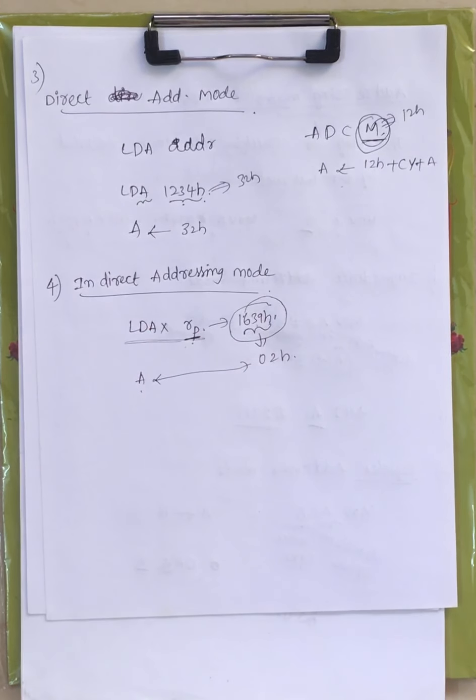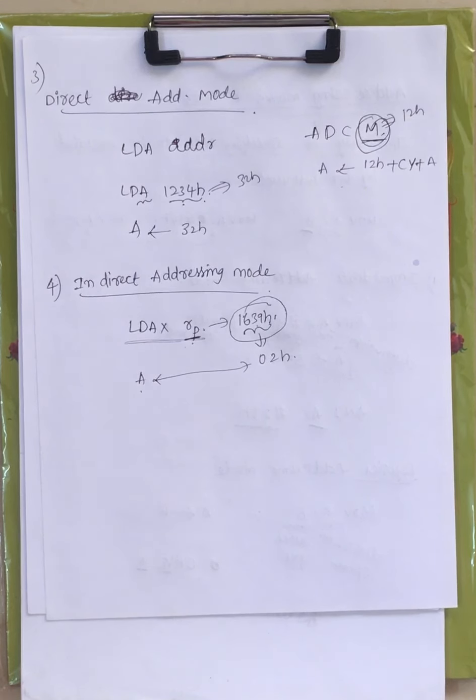Now that is pointing a memory location because it is an indirect way, right? We are not mentioning the memory location directly as a source operand. Here we are mentioning a register pair as a source operand. That register pair will point to some memory location, which stores some data. That is moved to the accumulator based on the operation, right?